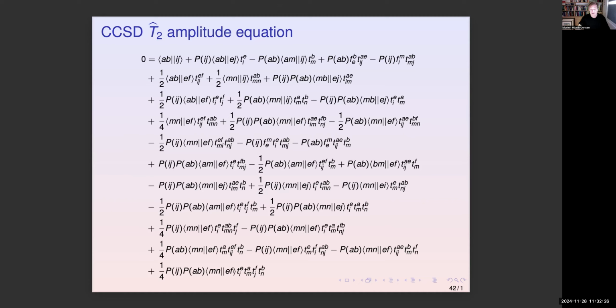So I have a T1 to the power of 4. Here I have a T2 multiplied with T1 to the power of 2. Here I have a T2 operator with a T1 to the power of 2. Here I have again a T1 with T2,